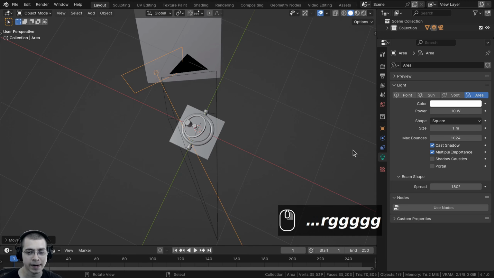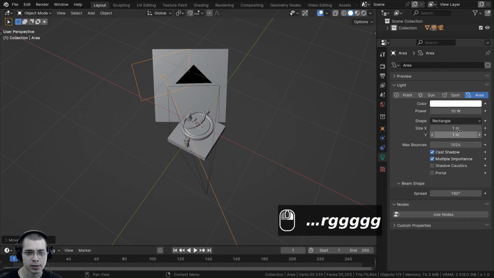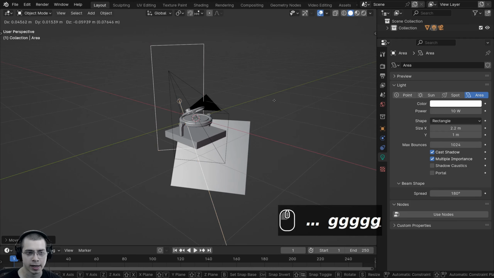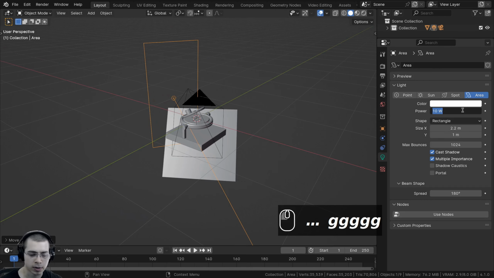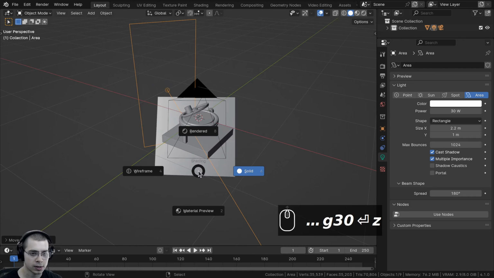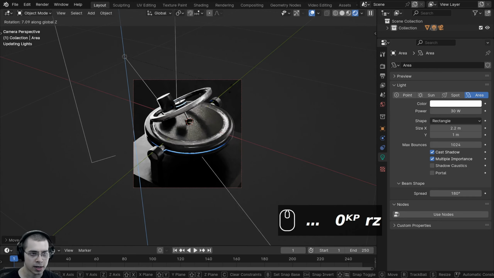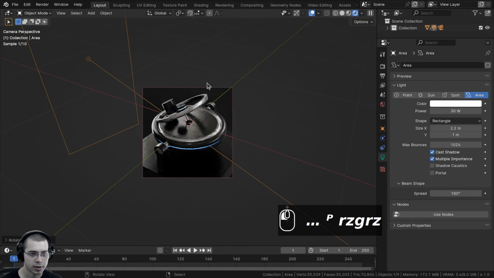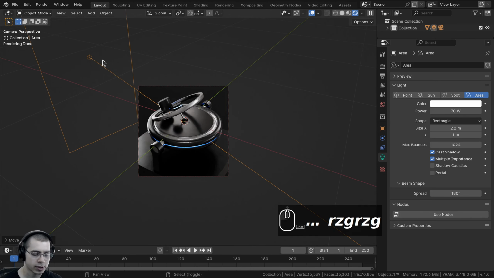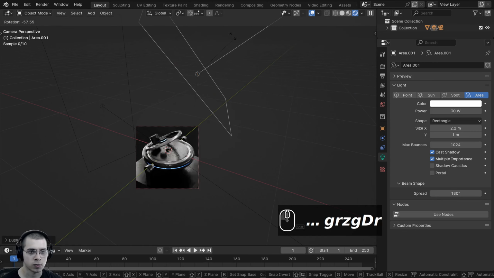And then if you select the area light and go to the area light settings, let's change the shape type here to rectangle instead, and then I can turn up the X and the Y, and I want to make it kind of like a longer light. And then here on the power, I'll turn this up higher to like a 30, so it's brighter. And I'll hold down the Z button and move my mouse up into the rendered view so I can see how that's looking. I can kind of rotate this light, and I just want to have kind of a nice bright light there.